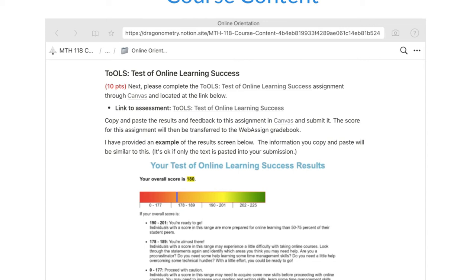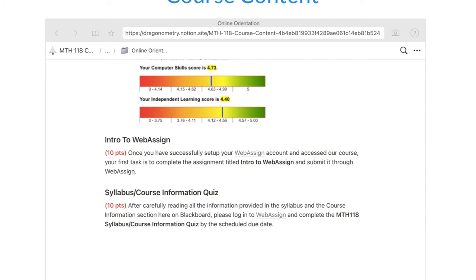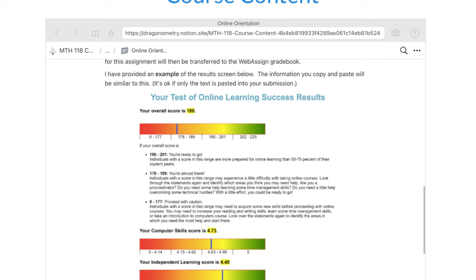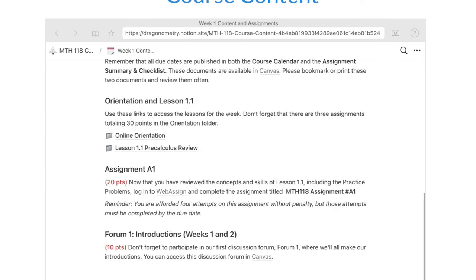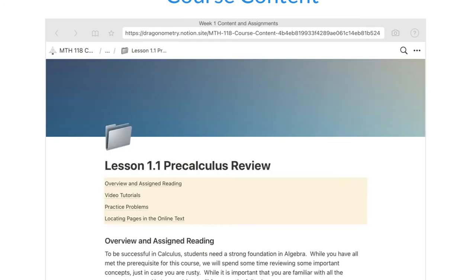The rest of our assignments, quizzes, and exams you submit right through WebAssign. And then finally, we have the other two introduction assignments, which are located on WebAssign: Intro to WebAssign and the syllabus quiz. Back in our lesson folder, if you look at lesson 1.1,